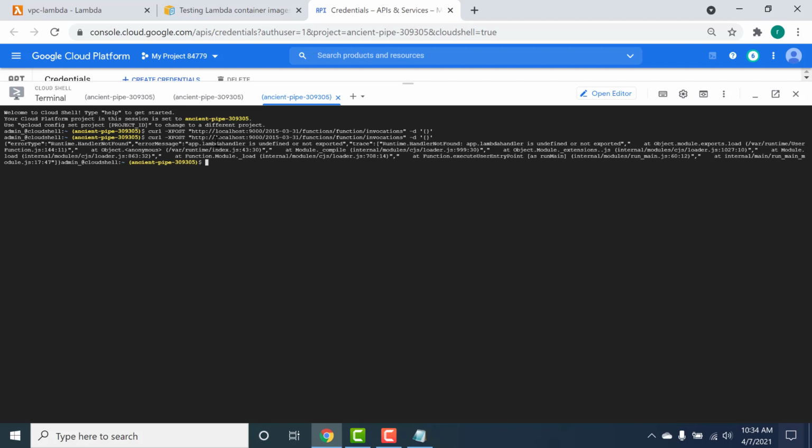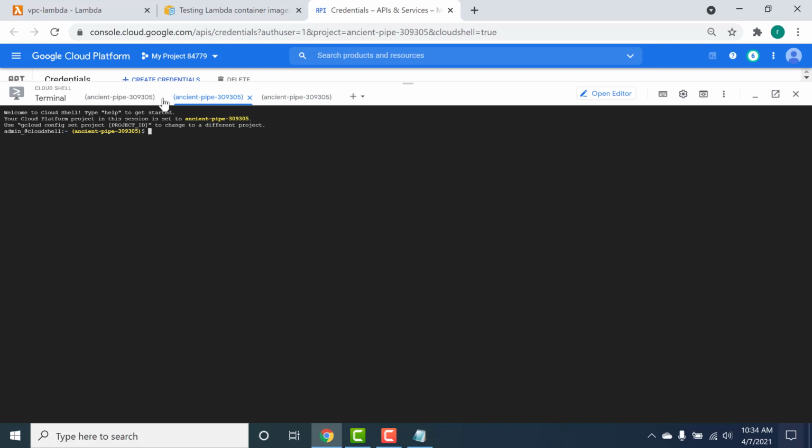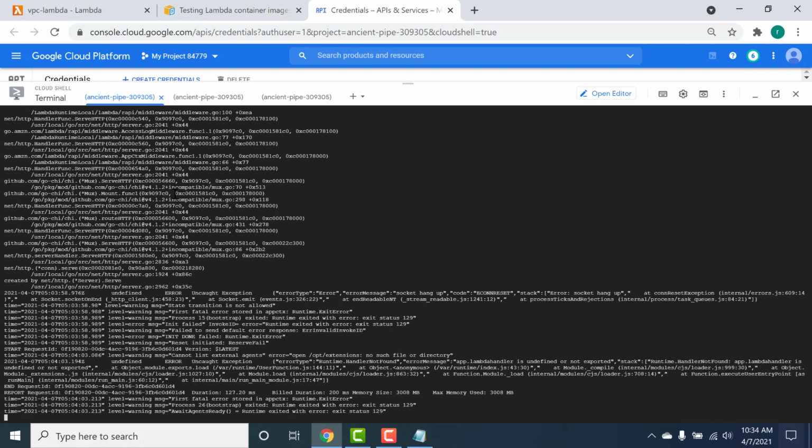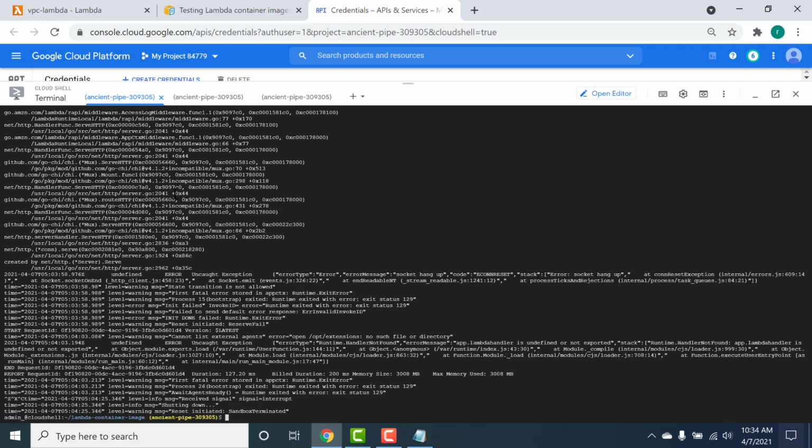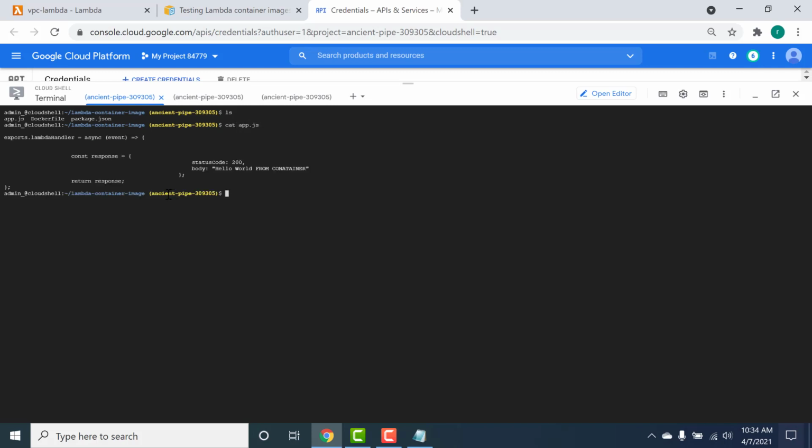Here it throws an error saying that your app.lambdahandler is not defined. So probably I've made some mistake while assigning the handler name. Let me go back and do a cat app.js. You can see the H in lambdaHandler is capitalized. Unfortunately, I need to run this again.